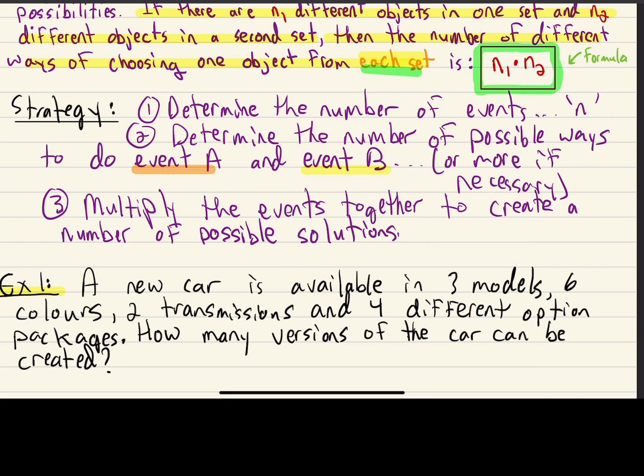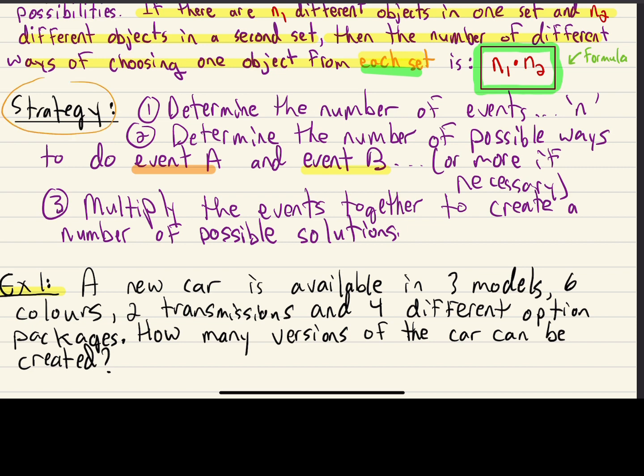Now, I want us to think about that n1 times n2 as a formula that you can abide by, but it doesn't actually necessarily or strictly reserve itself for only 2 events. You can have many events. And so if we're thinking about a strategy in order to solve these problems, the first thing I would do